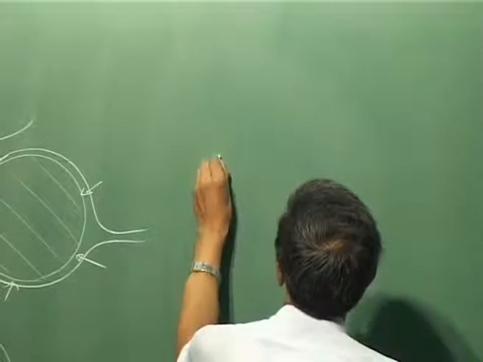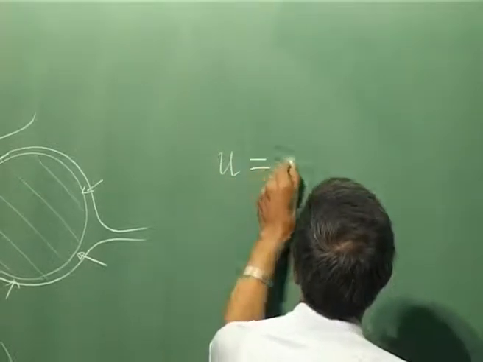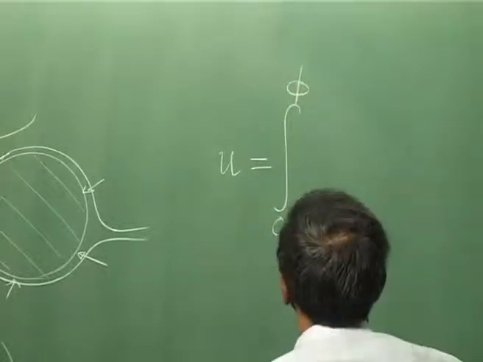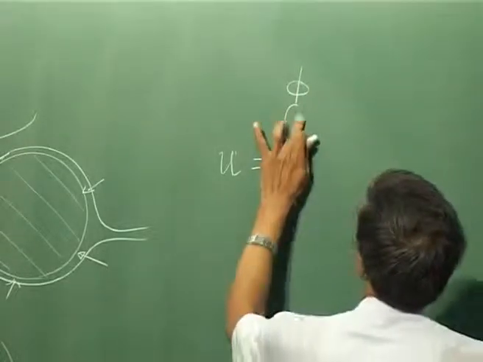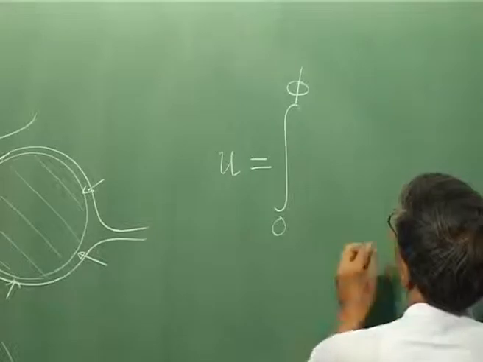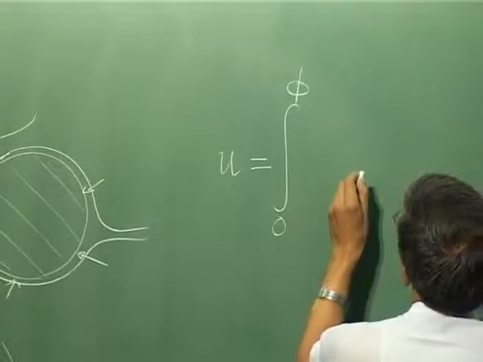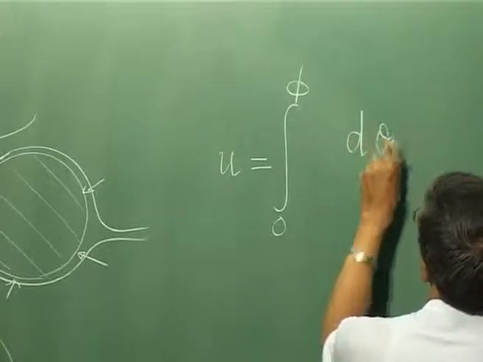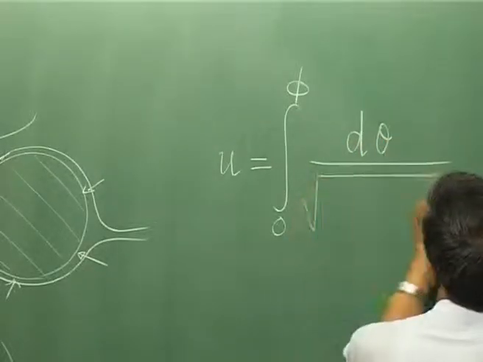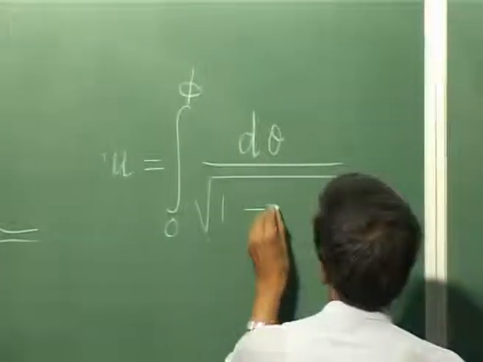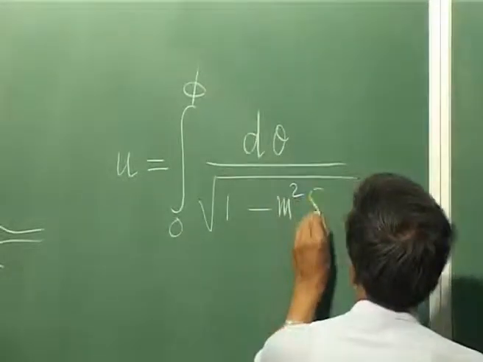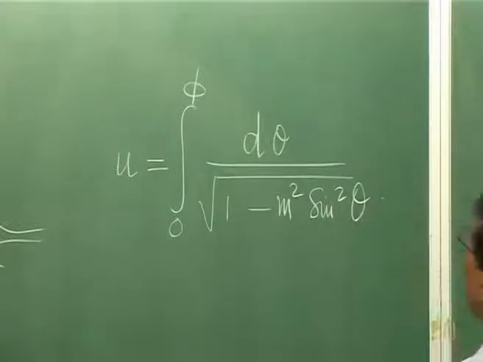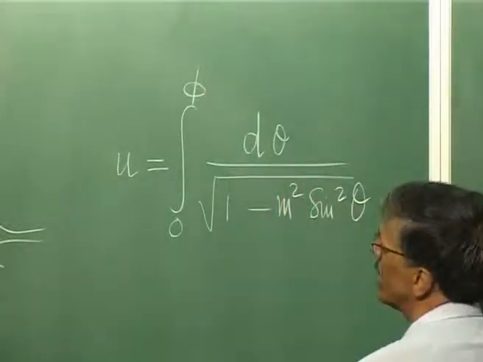Suppose I write u as this integral equation, Jacobi's elliptic integral equation of the first kind, then, so if I have this integral equation, then